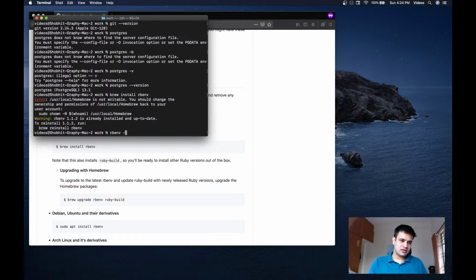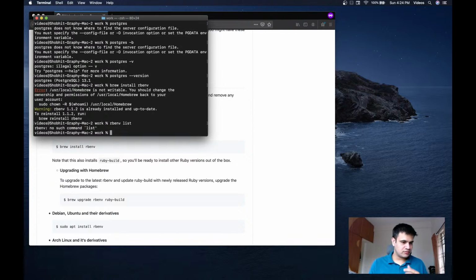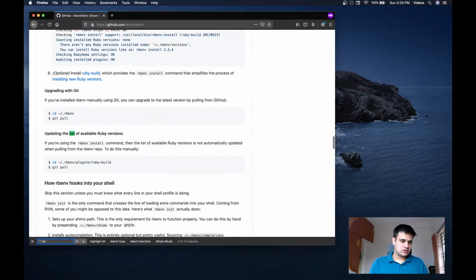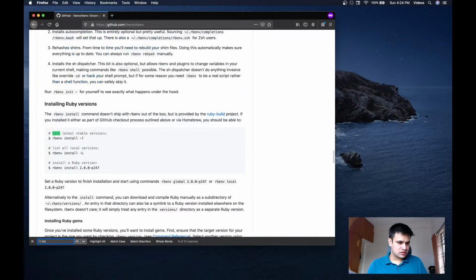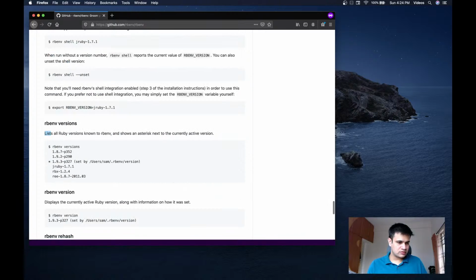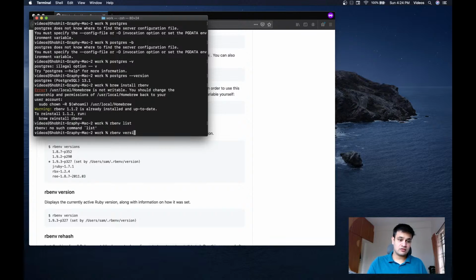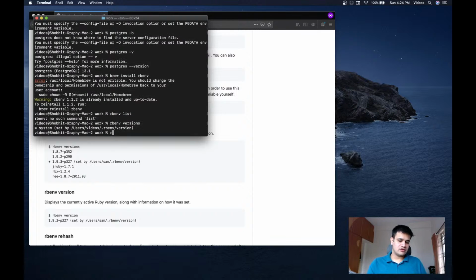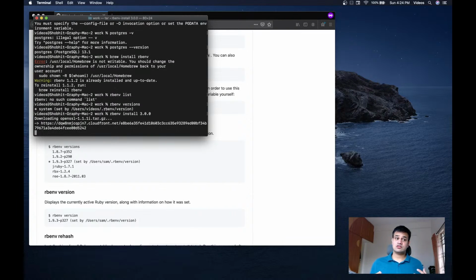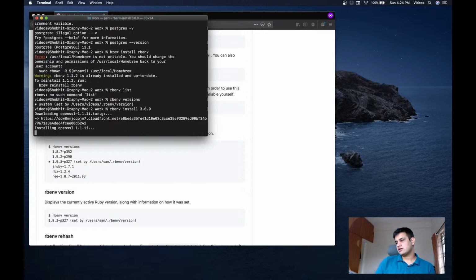Oh, so Ruby is present. So rbenv list versions. In rbenv we have this thing called versions, and we don't have any version installed. rbenv install 3.0.0. I'm going to install the latest Ruby version because why not? But in the meantime, now that it's getting installed, what I can discuss right now is how authentication actually